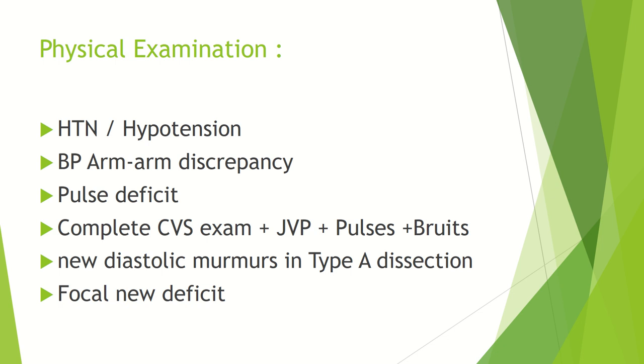So you have to do a complete cardiovascular examination, including JVP. You check for pulses in upper and lower extremities, as well as bruits and carotid, aortic, iliac, and renal arteries. On cardiovascular examination, on auscultation, you will find a new diastolic murmur. So specifically ask the examiner that you're looking for a diastolic murmur. If you have time, you can do a gross motor and a sensory examination to check for focal new deficit. If you don't have time, just tell this to the examiner that you also want to do a neuro examination